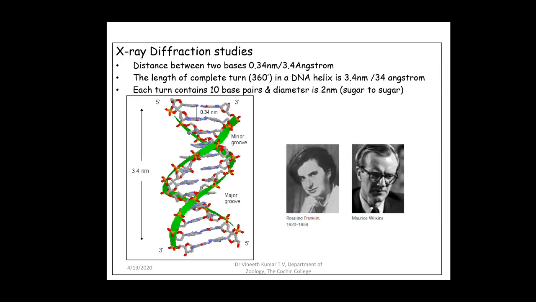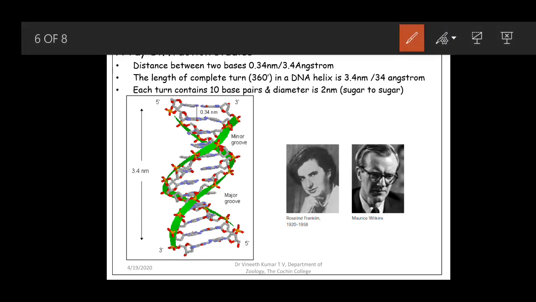So coming to the structure, we'll discuss that in detail. Here they said that there are some repeated structures that can be seen. That was the only thing that was deduced by Maurice Wilkins and Rosalind Franklin. They found out that there are certain repeated structures in the DNA. They found that there are two repeats. One of the repeats was a 0.34 nanometer repeat. The other was a 3.4 nanometer repeat in the DNA.